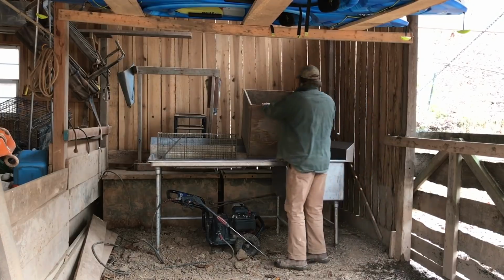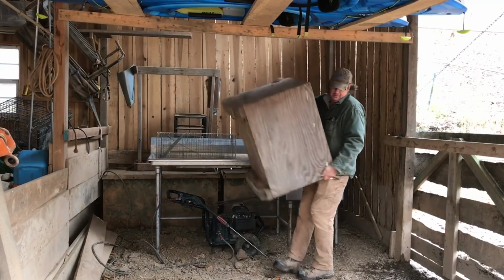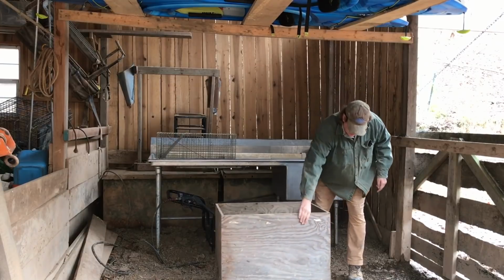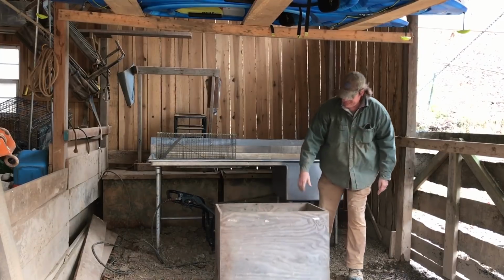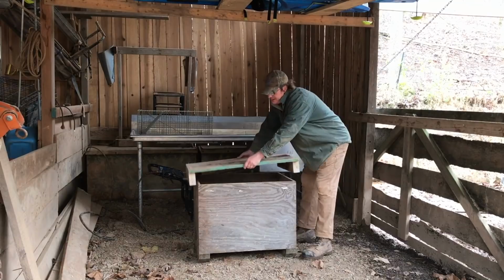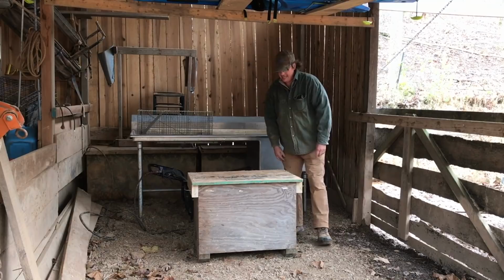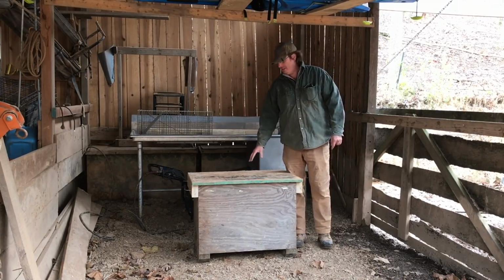That I got from my uncle's business. We would ship equipment, small engines, those type of things. That thing is stout. So that's got like a 4x4 skid on the bottom, 3/4 inch plywood all around with a 3/4 inch floor. So what I quickly made off camera, not to bore you guys with that detail because it wasn't much, just using some scrap material, we've got a lid, 4 screws in the side. So we put our pigs in the box, put the lid on, screw it in if we need to, and